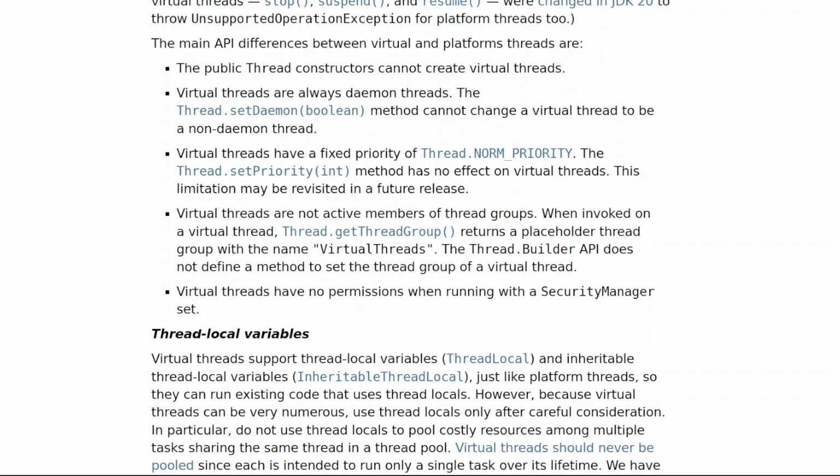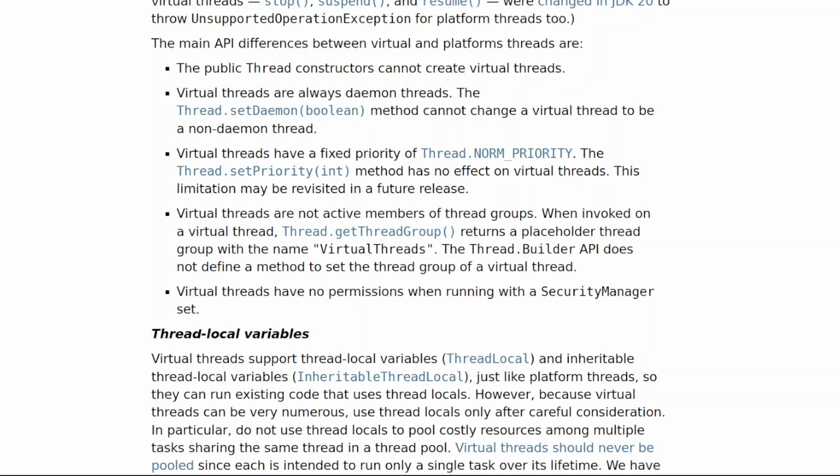Thread-local variables. Virtual threads support thread-local variables, ThreadLocal, and inheritable thread-local variables, InheritableThreadLocal, just like platform threads, so they can run existing code that uses thread locals. However, because virtual threads can be very numerous, use thread locals only after careful consideration.